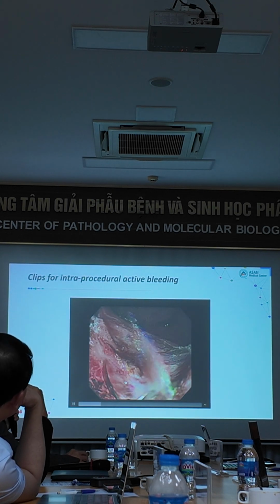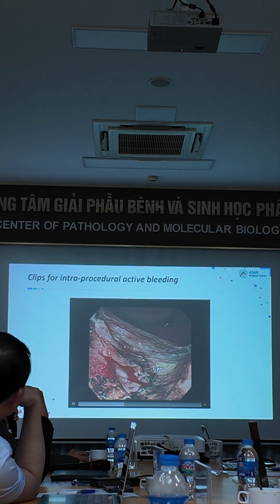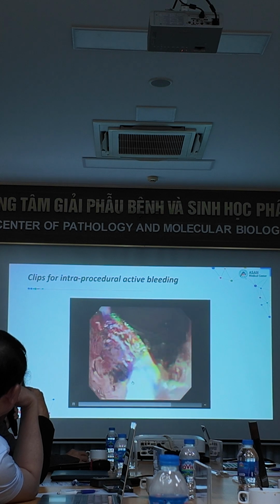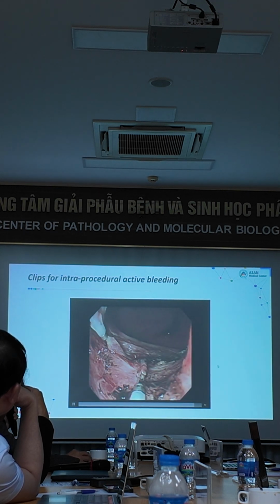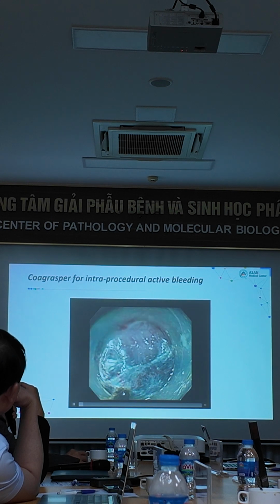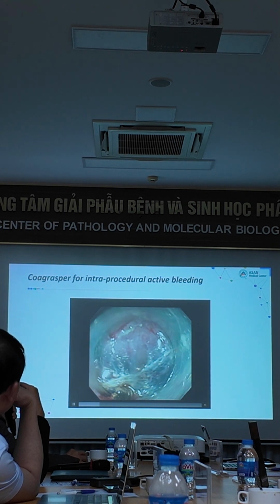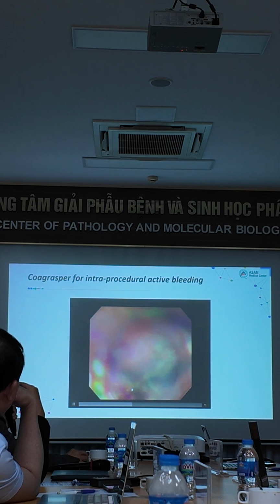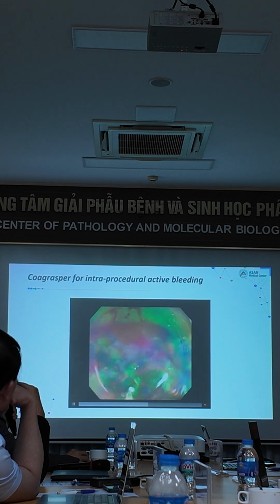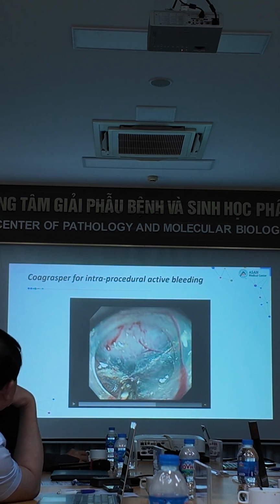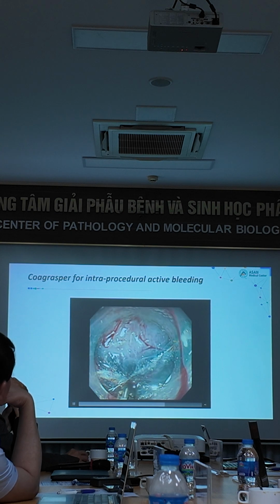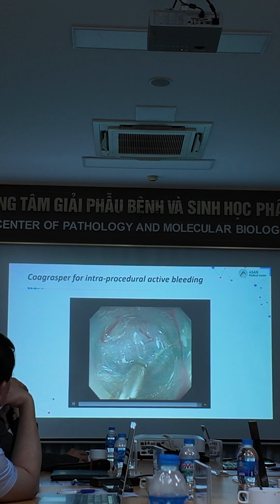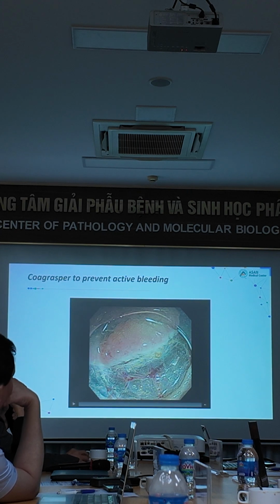So there is mild continuous active bleeding at the colorectal ESD surface, and clipping was performed, and hemostasis was successfully achieved. During dissection, sometimes bleeding can occur, and if bleeding occurs, hemostatic forceps can be applied like this video clip shows, and then water is injected to see if the bleeding has stopped successfully or not. If the bleeding stopped, then soft coagulation can be delivered to coagulate the bleeding vessels.